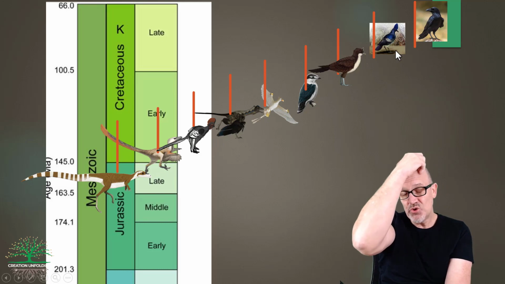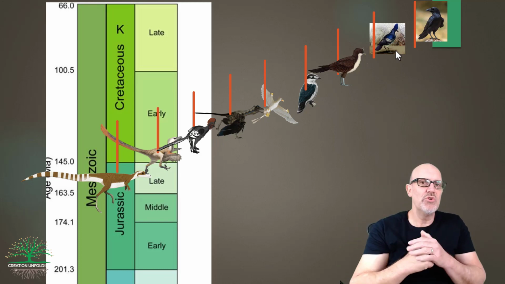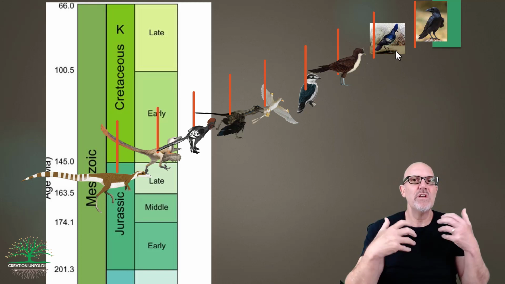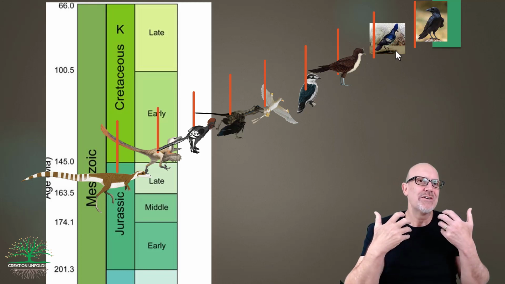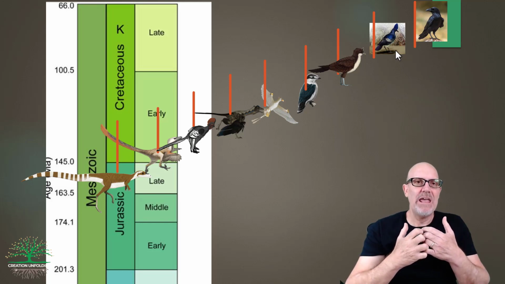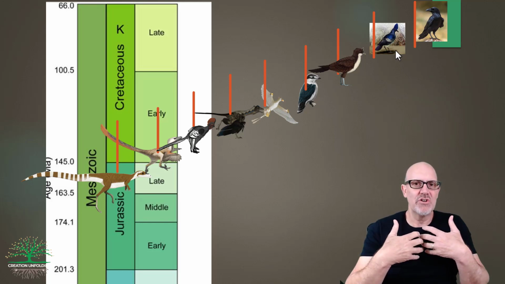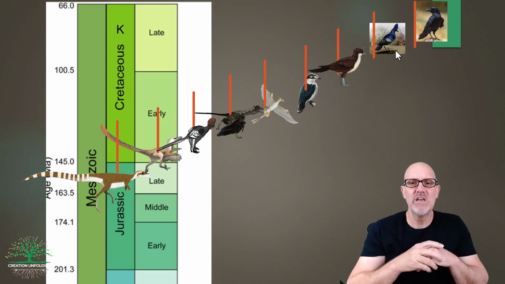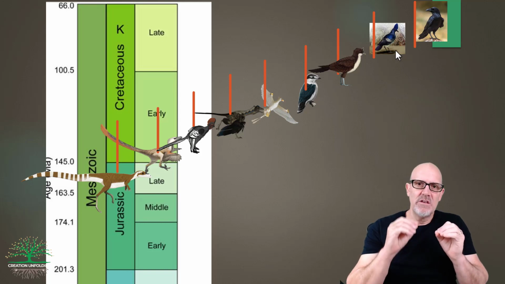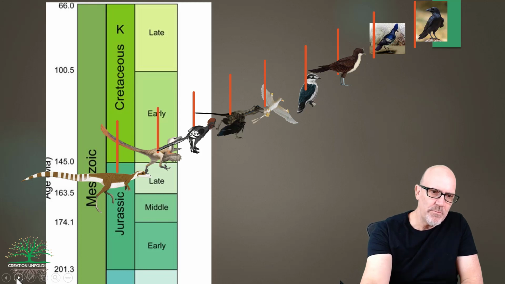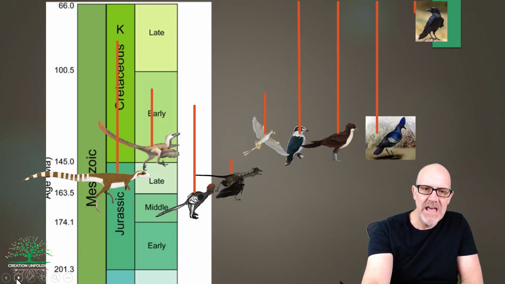Because according to evolution, and especially the evolution of flight feathers, we're talking about a very, very complex component in the supposed evolutionary story, and it's something that's not going to happen overnight. It's going to take, from an evolutionary perspective, tens of millions of years for this to happen. And so we would expect to find the fossils in this sequence. But what do we find? Well, this is actually what we find.